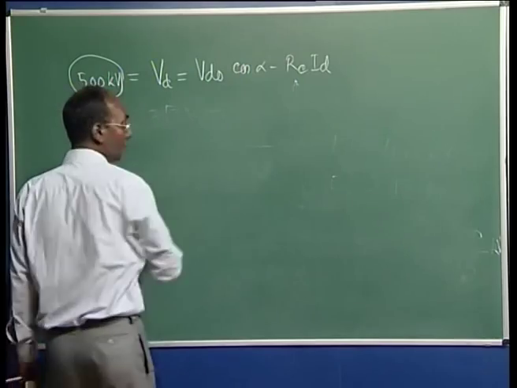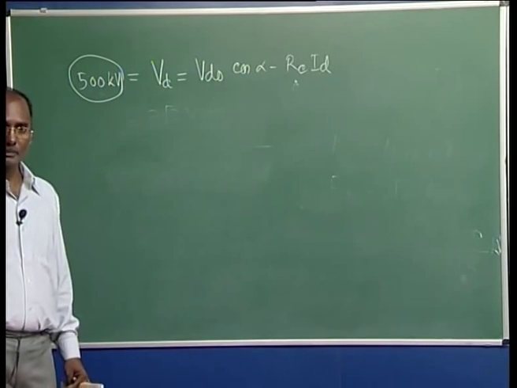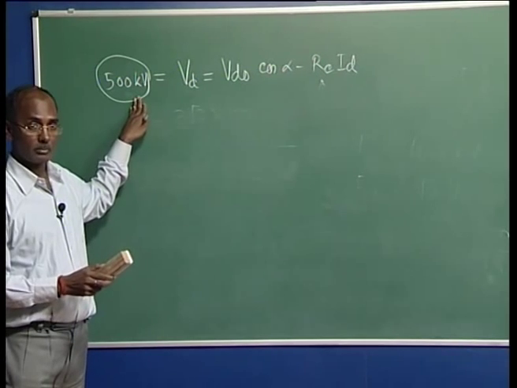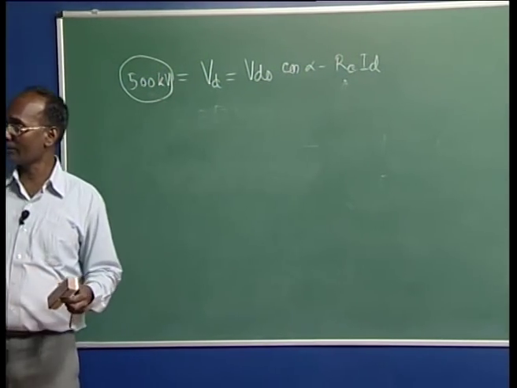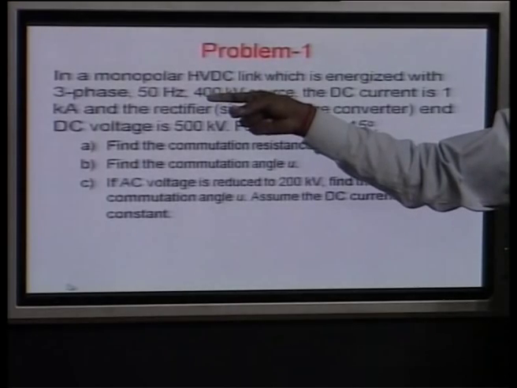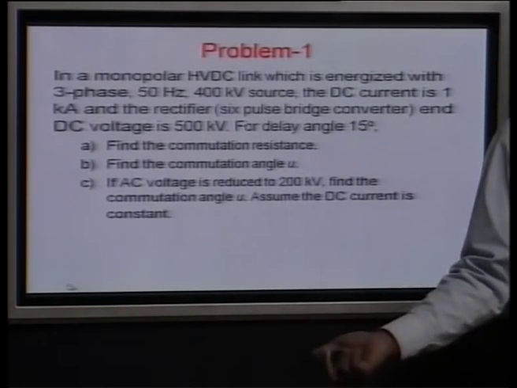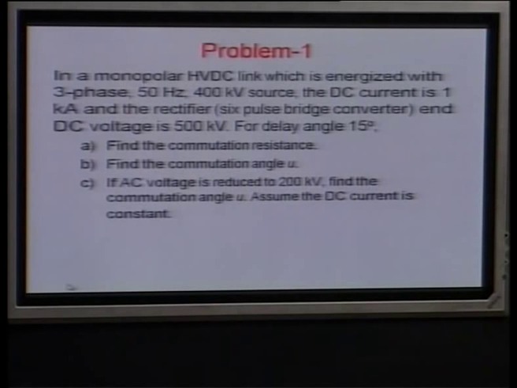voltage now, because once your AC voltage is going to dip, this voltage will be changed. So, this voltage is not known to you, because this was valid when we were having the 400 kilovolt. So, once there is AC dip, because the firing angle is same, automatically DC output voltage will be changed. So, we have to calculate this, what will be your VD now with this value, means here it is going